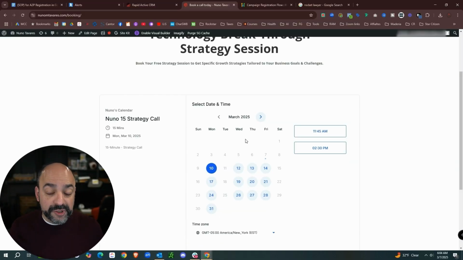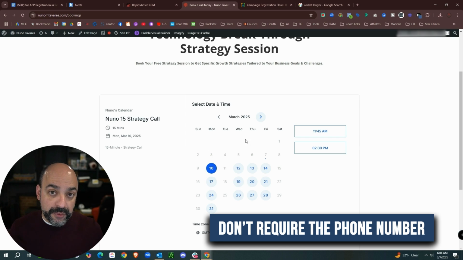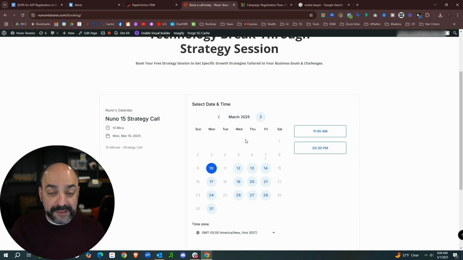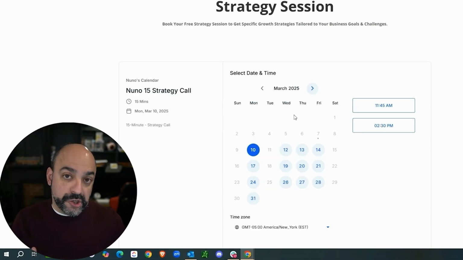Third thing, if you have forms, you need to make sure that anytime they're asking for a phone number, they're going to have 2 consent boxes. One is for marketing, one is for transactional or service-based messages, and you don't require the phone number. If you're requiring the phone number, you'll also fail because the number cannot be required. 2 checkboxes, phone number not required, and the forms need to be like that throughout your entire ecosystem. Whether it's your regular website or your funnel pages or your calendar, they need to have a form that has the 2 checkboxes if you're asking for a phone number, and more importantly, the phone number cannot be required. So I'll show you how to build those out in the format that we've been following in the language, but please make sure you're understanding that in order to do so.